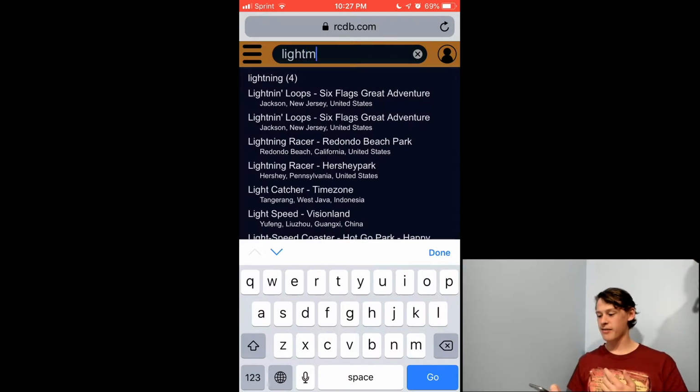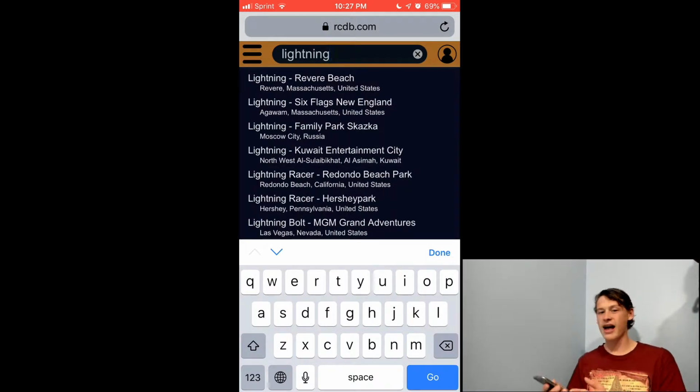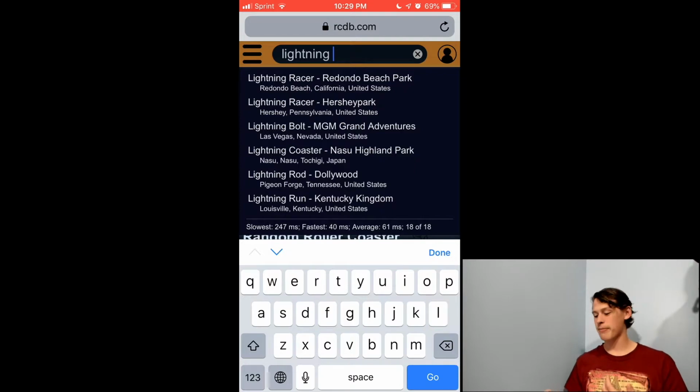which is just a lot faster than trying to type the entire thing out and then press enter, because you don't really know how many results are going to come up for a certain keyword, so I might not be able to just click go on Lightning and see everything. So having the predictive type is nice, so as I'm typing I can see how much I need to type in to actually get the result, and then I can just click it right from that menu bar there and